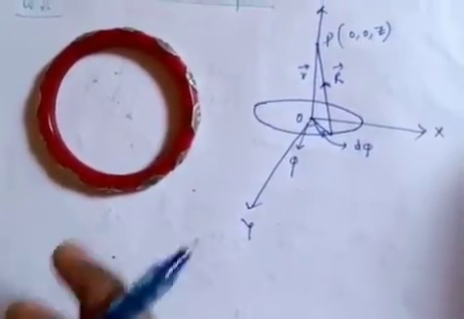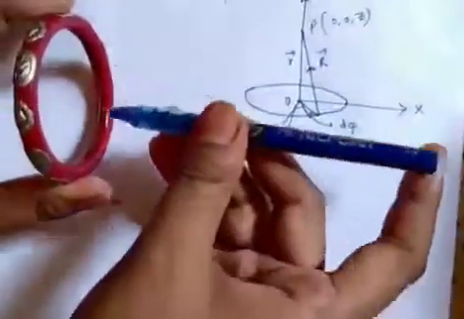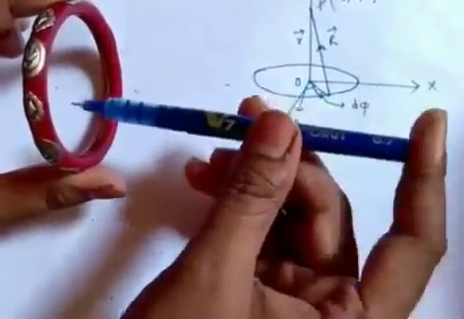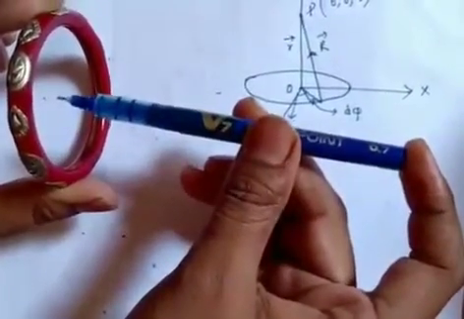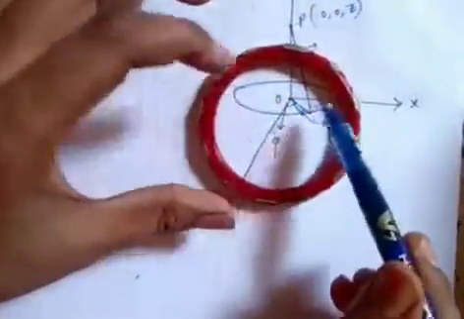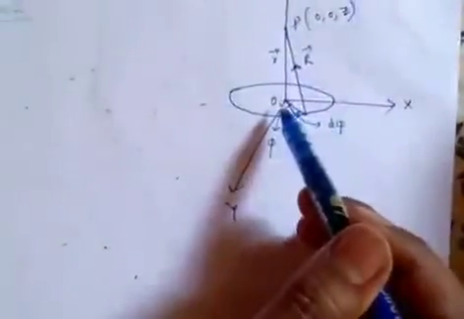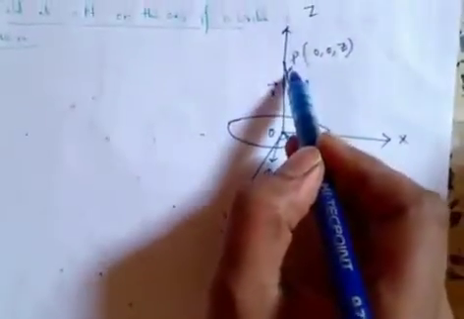What is the axial point? If I place this ring in this format, and you want to find the magnetic field at this point, where my finger points, this is called an axial point. I represent this diagram here in this format. This is the circular coil or circular ring, and O is the center. We already found the magnetic field at the point O. Now we want to find it at an axial point P.